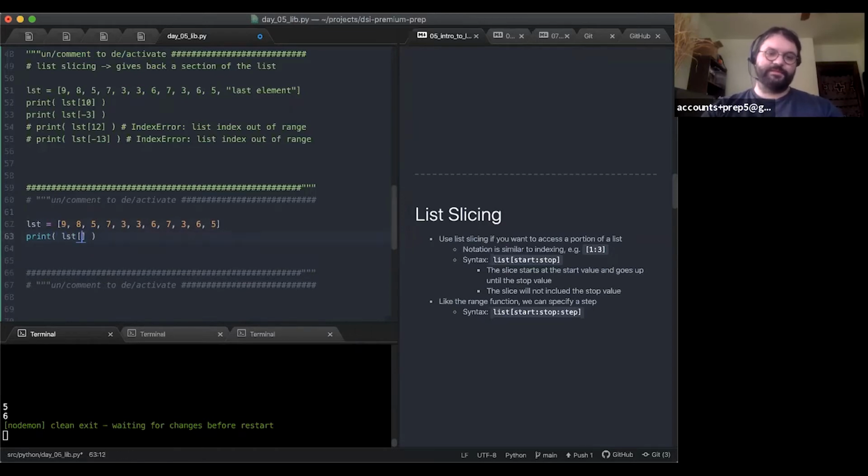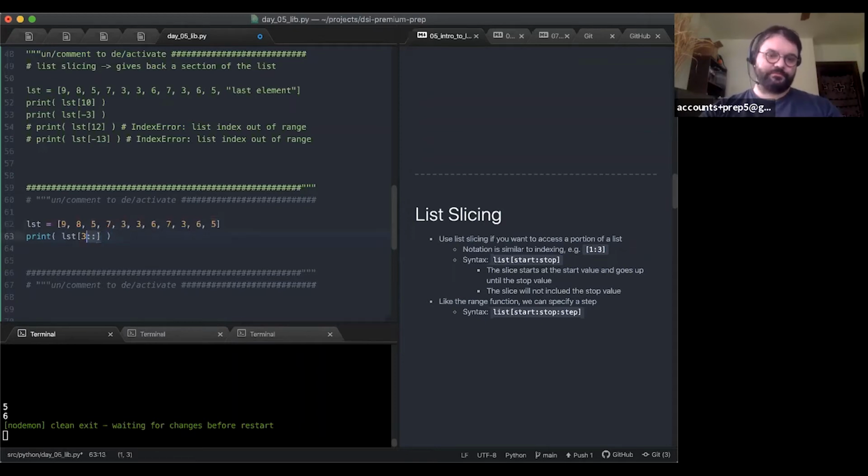The way I say this is list sub 3 colon, something like this. So this is actually a slice. This is what we call a slice. And what this is going to do is give us a section of this list. So this evaluates to a portion of this list only.